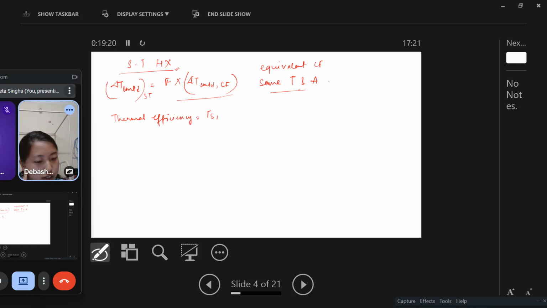Thermal efficiency, we have TSI minus TTI. So this is the inlet temperature of the shell side fluid, and this is the inlet temperature of the tube side fluid. And then we have relative thermal capacity, and there is a relation between this and F also. F is written as